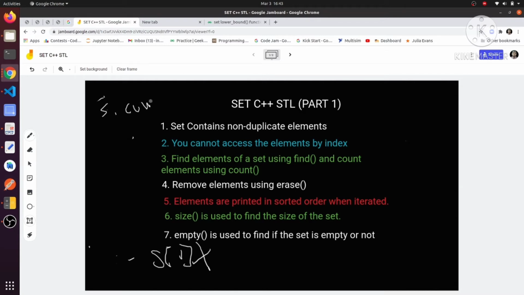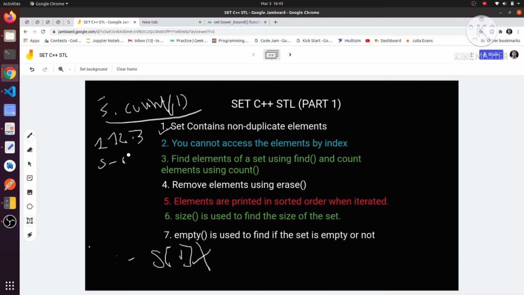Let me write the code for it, and you can understand what count does. Suppose s dot count of 1, it will return how many times 1 occurs.